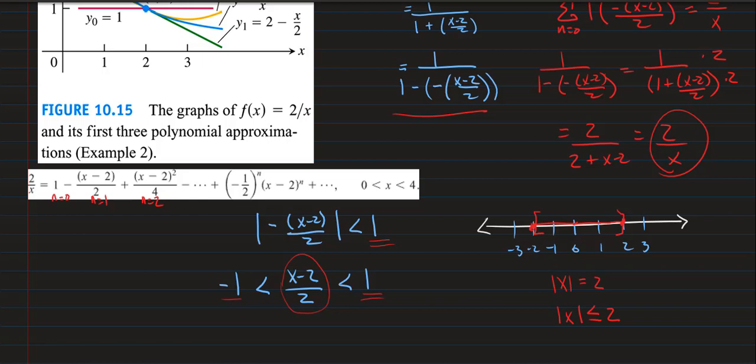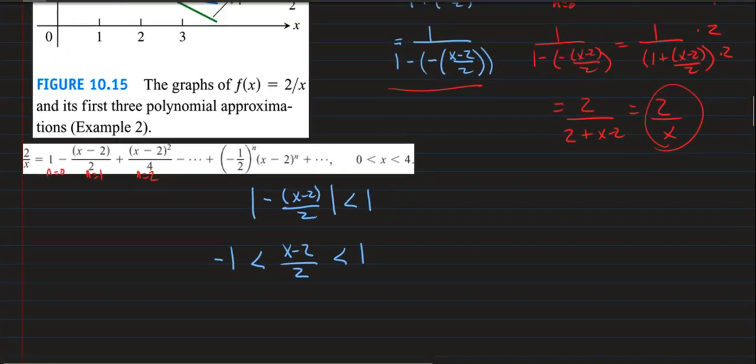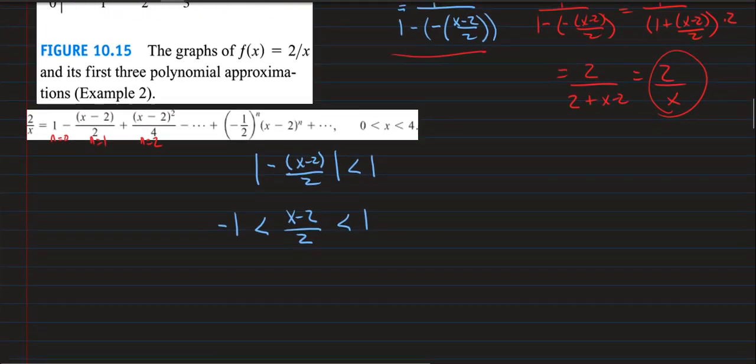All right, so I'm going to erase this. I don't want this in my notes. And to get the domain of this infinite series right here, I'm going to solve this inequality for x, because that's what I got by taking the absolute value of r is less than 1. So to solve this absolute value inequality, the first thing I do is multiply all three